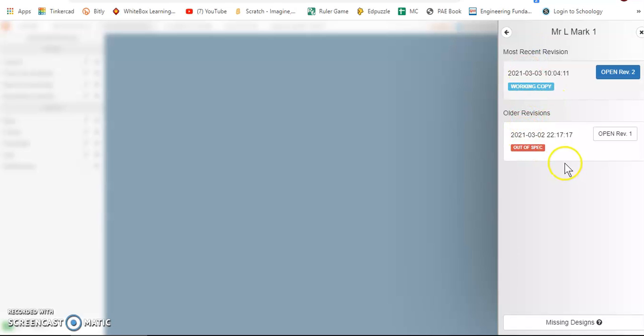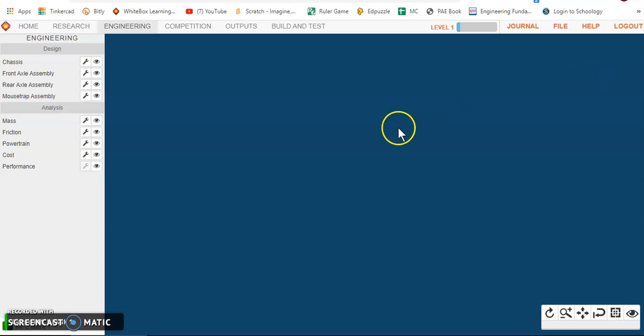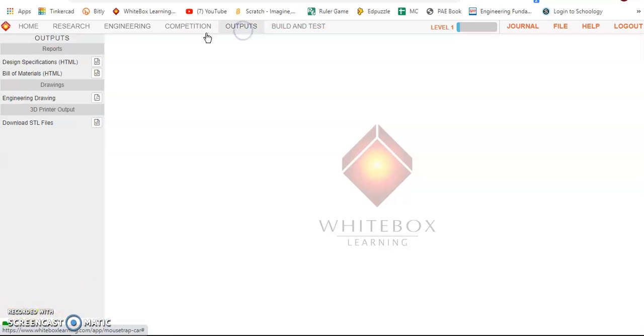You can see here I have two. This one was from a few days ago. I'm going to open up revision number 2. So it opened it up. Now you may not see it, but if you want, you can click and activate it. But I know I have it open. It's listed right there. I'm now going to go to the outputs, design specifications,